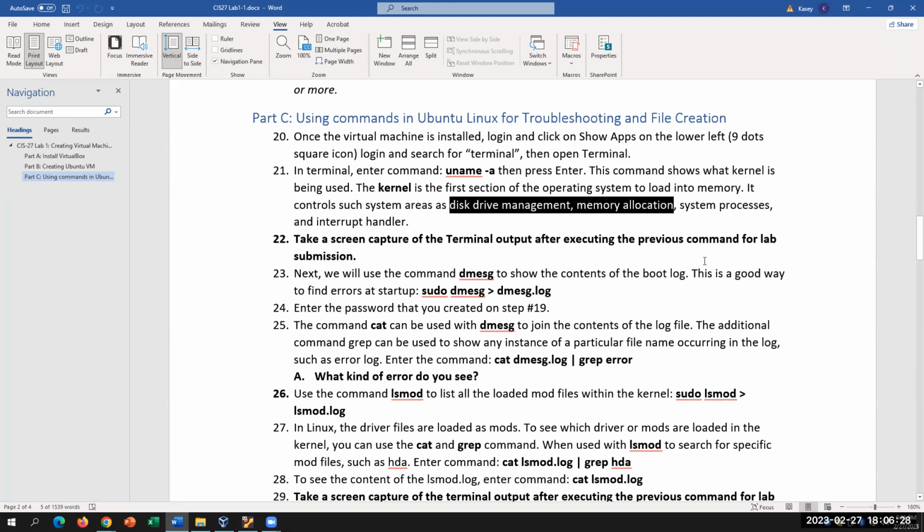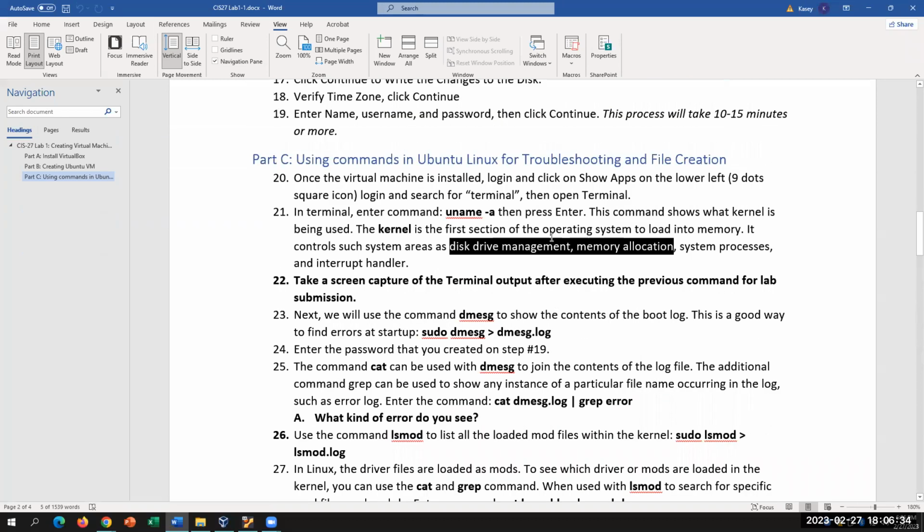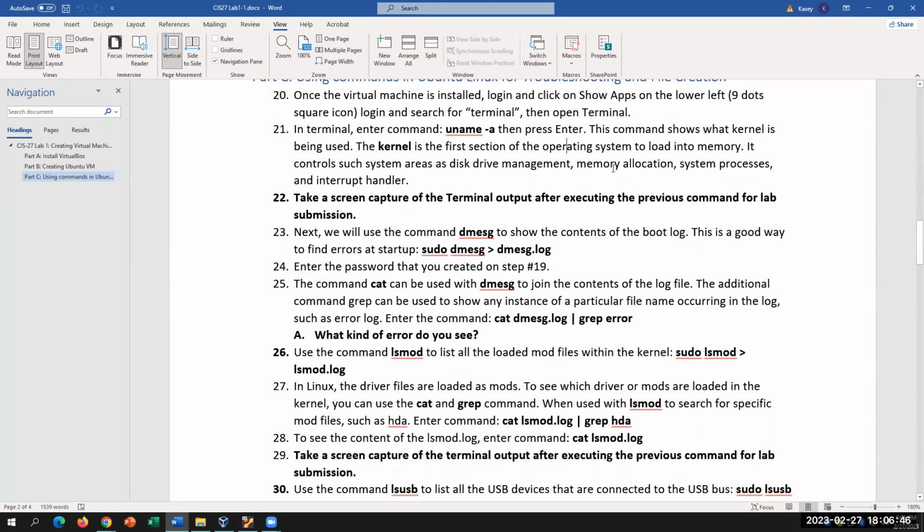And in some malware, it stays in the memory, right? Kernel-based malware will do that. So this is a way that we can find kernel information, and think of the kernel as the foundation of your house. It's the foundation of your operating system to be able to access the resources in the memory allocation. Next command line, and we touched on this last time, is